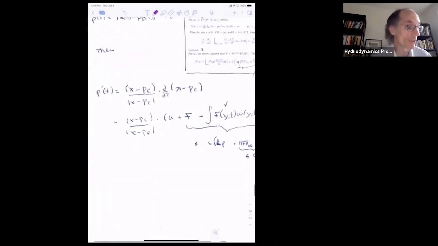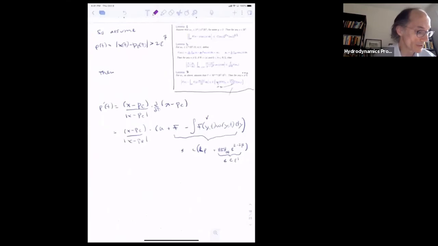The other term, well, we'll use the other two lemmas. So x minus p epsilon over its norm, dot u, is, well, I use the Biot-Savart kernel to rewrite u, which is an integral over omega of x minus y perp over x minus y squared. And I divide it into two pieces, a piece near the center and a piece which is far from the center. And so I'll get x minus p epsilon over